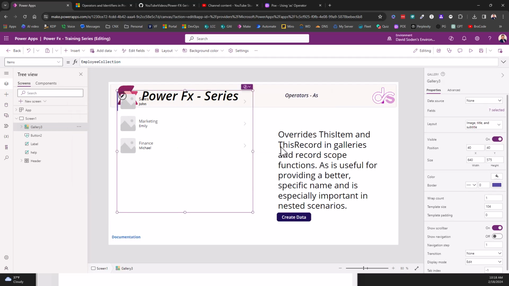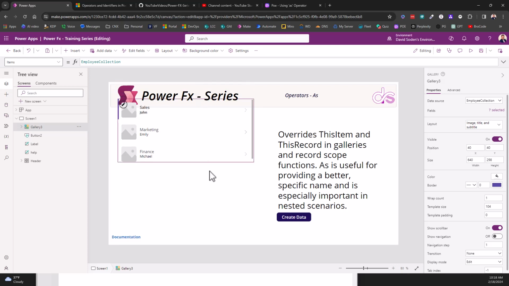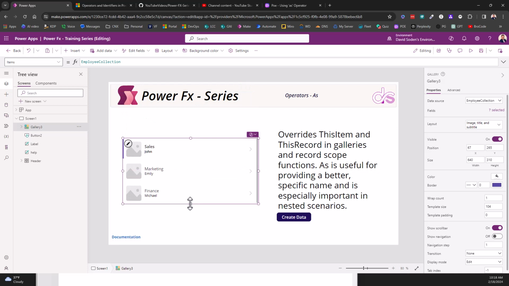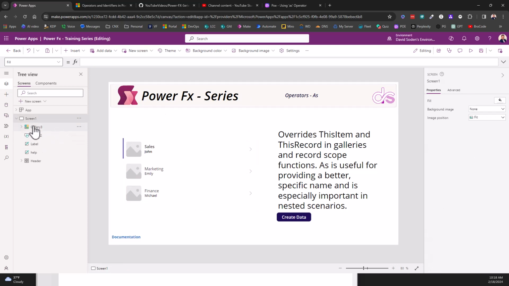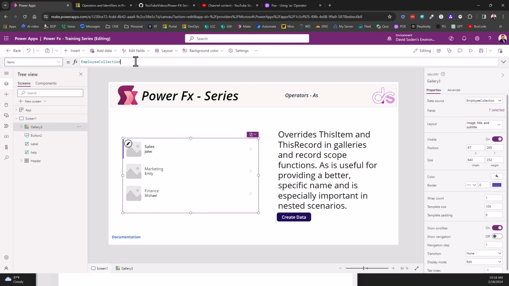So let's go ahead and use the employee collection. Let me shorten this up so this looks a little bit better. Okay, and maybe make it a little longer. Okay, so here I am. I'm going to go to the gallery. Now, watch what happens when I use as employee. Okay, so as soon as I do that, I get a bunch of errors,